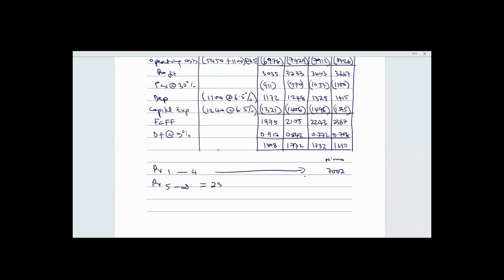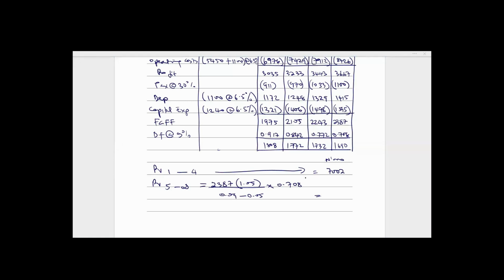base year of 2387 multiplied by the growth rate of Julian after year 4, which is 5%. So 1.05 divided by the cost of capital of 9% minus the growth rate of 5%, multiplied by the discount factor of the base year of 0.708. So the final answer should give me 2387 multiplied by 1.05, divided by 0.04, multiplied by 0.708 equals